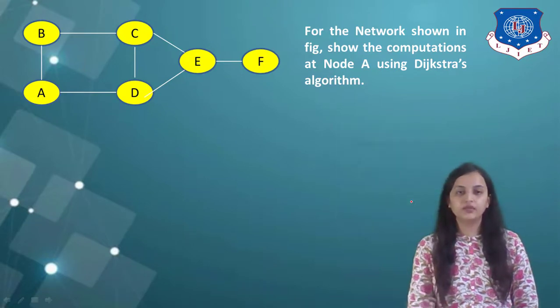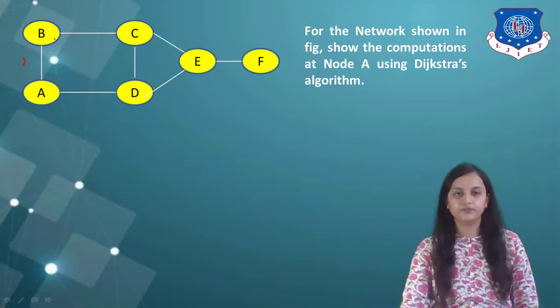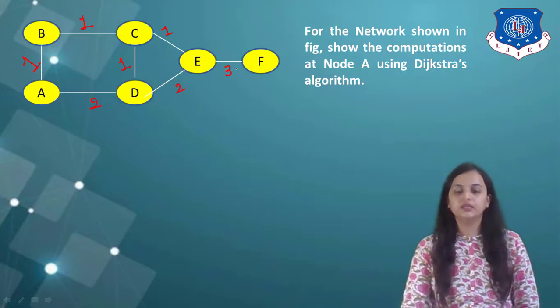Over here, from A to B, the label given is 1. That means it may indicate the distance from router A to B, or node A to B. In the same way, over here it is 1. Here it is 2. Here it is 1, 1, 2 and 3. These are the labels given at each link, that means from a particular node to the destination node.